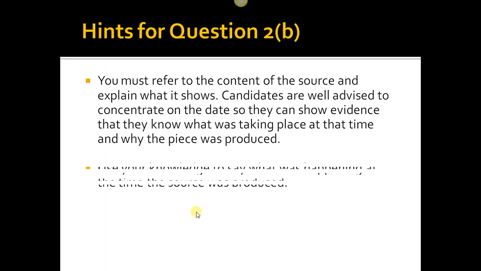Another hint here is use your knowledge to say what was happening at the time the source was produced. So I feel I've written maybe too much for a 6-mark question, but I've certainly got a lot of points in there. If there was one thing I would change, I would probably emphasize that it was more for propaganda use, to urge more Chinese people to work very, very hard, whilst painting the picture of false steel being made, and instead of an abundance of corn being made, the people were starving. So if we move on,